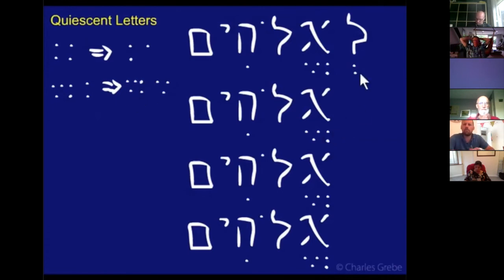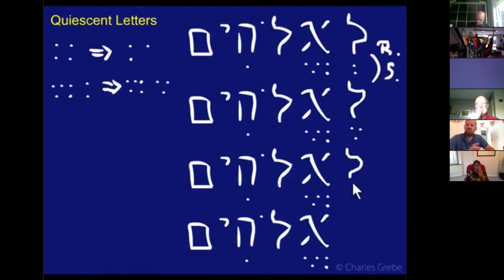So let's apply our rule of shava. Put our l there again, and this becomes segol. So le Elohim becomes le Elohim. So our step here is rule of shava. Now, what happens is this finds itself at the end of a syllable, and in this case it quiesces. So let's repeat our le here, and let's erase. If it quiesces, it loses its vowel. So we'll erase it. So this step is quiescence.